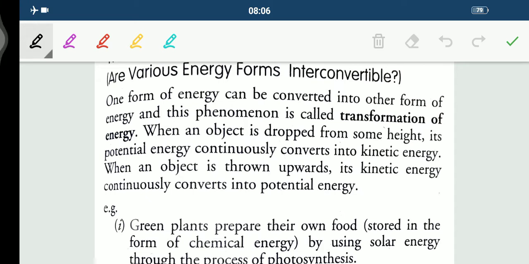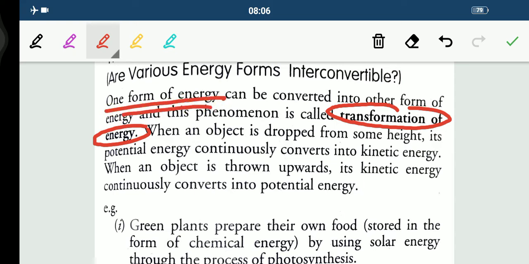Children, first of all, we should know what exactly we mean by the term transformation of energy, right? So, what is transformation of energy? One form of energy can be converted into another form of energy. For example, if I throw an object in a downward direction, the energy that is being changed here is from potential energy to kinetic energy. So when the energy is changing its form from one form to another, it is said to be the